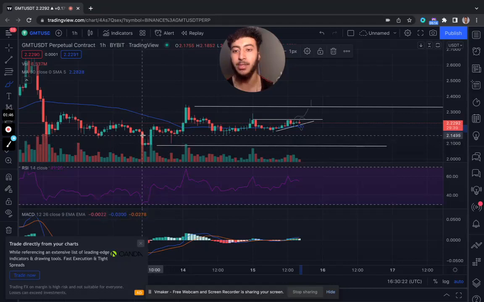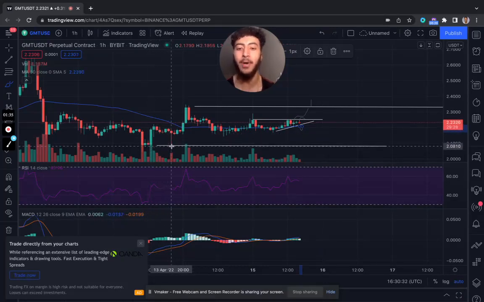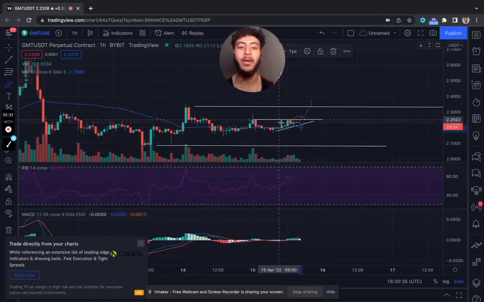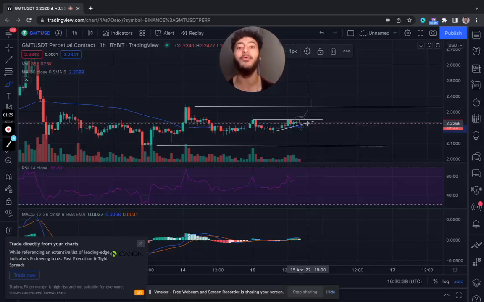We saw once that big drop happened, we saw a level create here at the support. And also we saw a wick happening there, and then coming back down to create a double bottom, as you can see here, where price respected these levels before seeing another reversal happening. So if we do break these levels here,